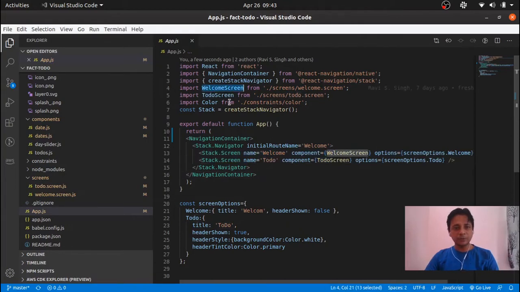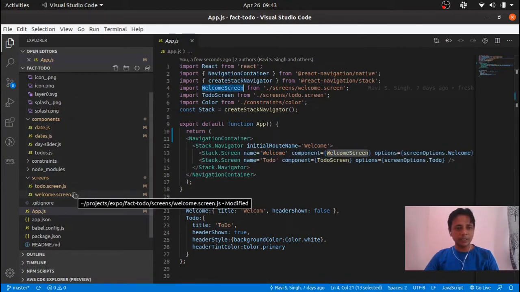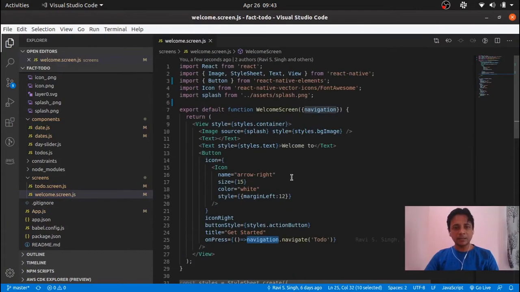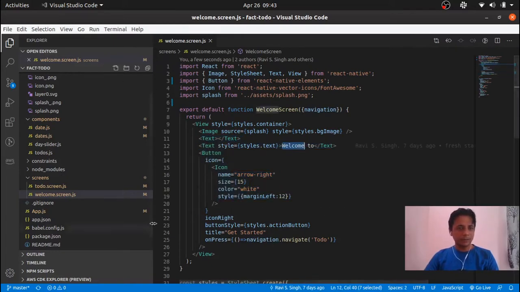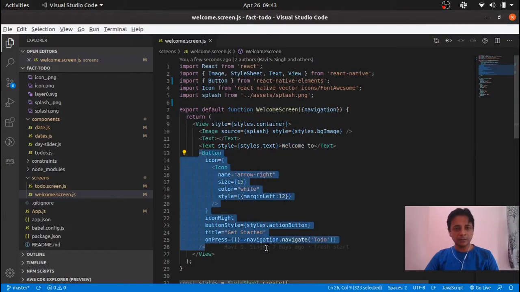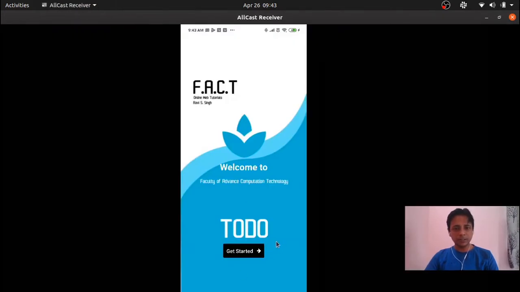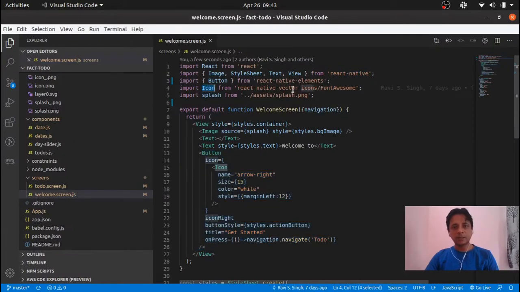So let me take you to the welcome screen. What it does, basically, welcome screen is having an image, and then it's having some text to it, which is this welcome to, and then it has a button which is this one. It is also using the icon from React Native vector icons, that you can put over here in the button.